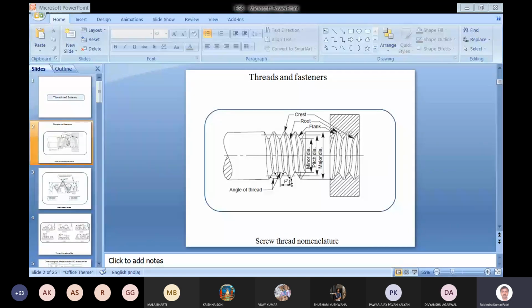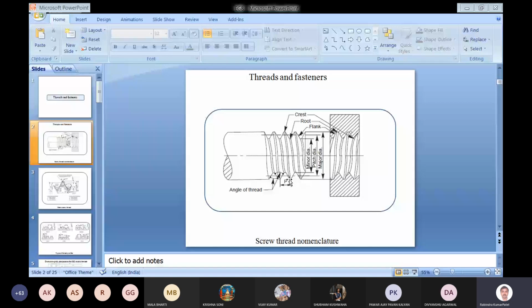And there is another term which is not mentioned here, that is lead. If we rotate the thread, meaning this is a screw, by one revolution around its axis, then the advancement of the screw along the axis is called lead. We will see the lead in some other figure, but here a few things we can know.